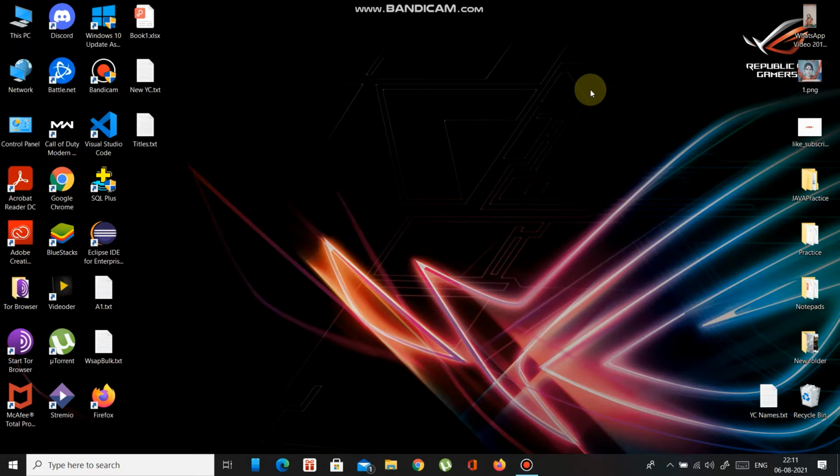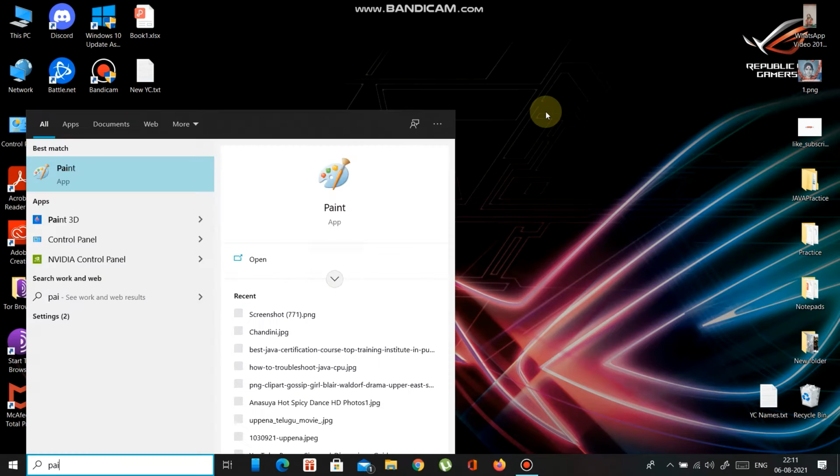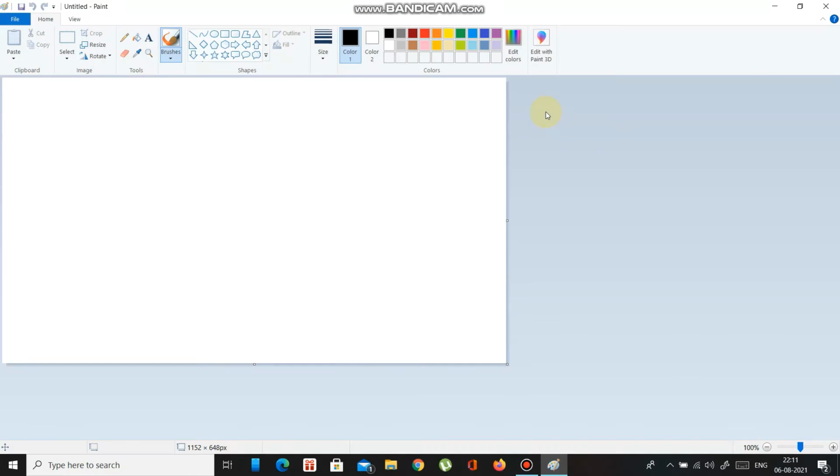Data types basically help us in describing the type of data which we store inside a container. Data types are classified into two types. To explain it, let me open Paint. Okay, let's see this.